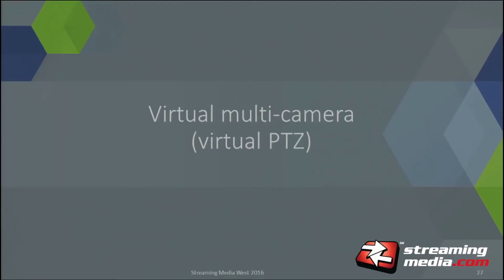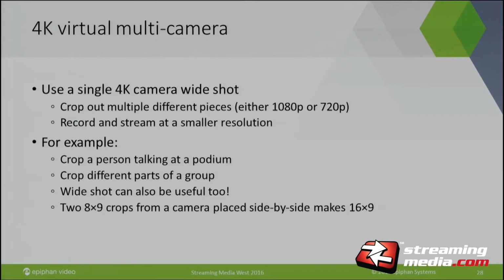Another really popular one is what we call the virtual multi-camera, or the virtual PTZ. And the idea here is instead of literally having multiple cameras, you have one 4K camera that's covering the whole wide stage, if it's a stage or whatever you're trying to capture. And then what you're doing is cropping out areas of interest from within that larger 4K frame. So you're going to be streaming out at 1080 or 720, but you're going to be capturing everything at 4K